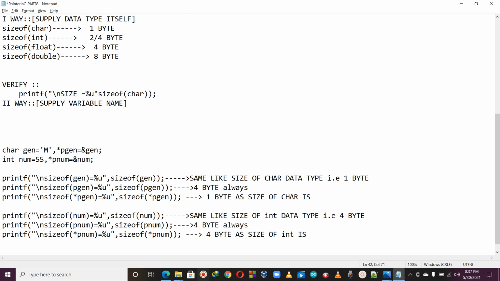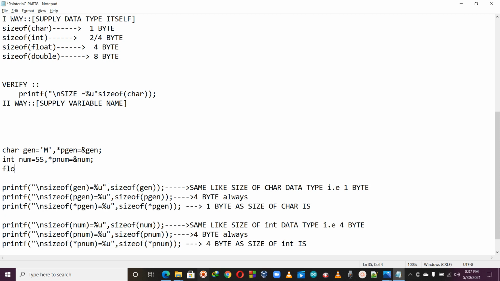Fine. Next one, I am taking one more example, float. Suppose sal contains some salary, 15,600.50, like this. And I also have the pointer variable star psal.